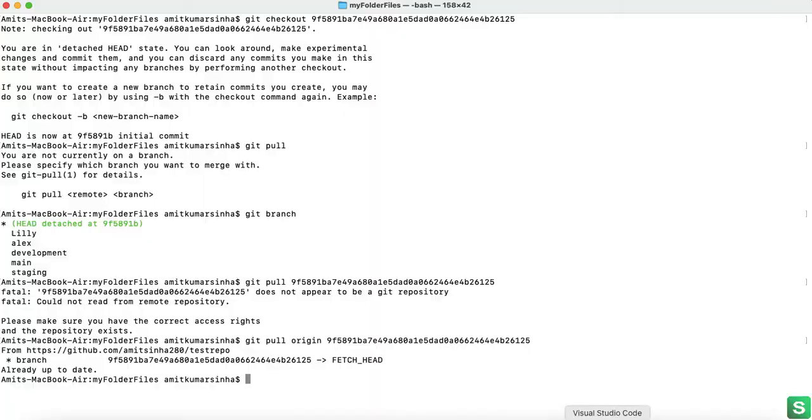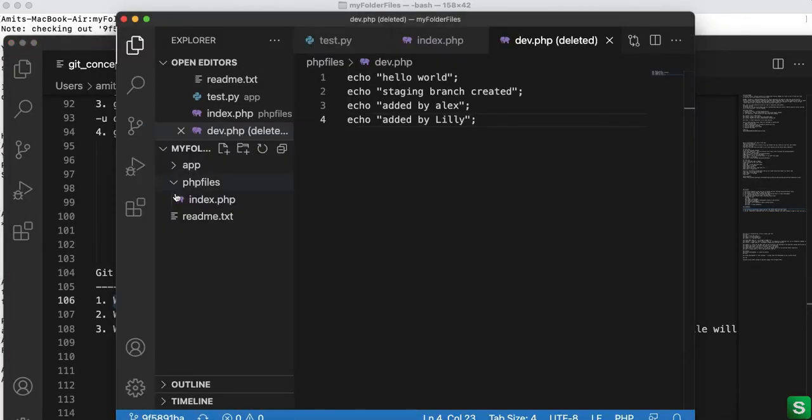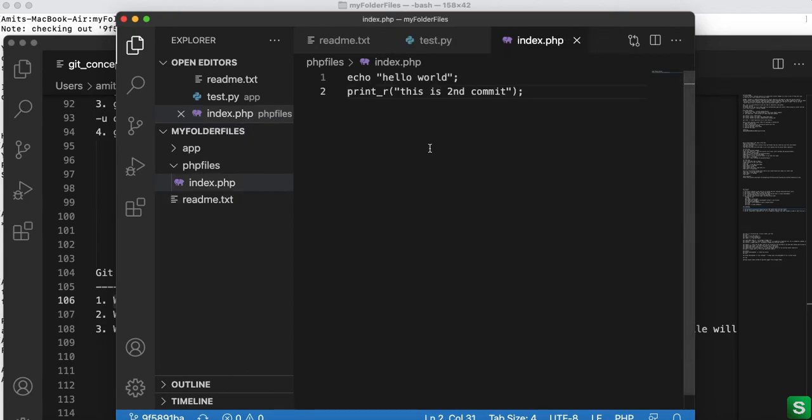Okay, so now come to the files and folders and let's check what's happened. See, it is already showing deleted. If I close this window or open it again, see that file dev.php is not here at all. Okay, this is the initial files and folders, right? So if we need the previous commit files, we can do it directly. So it is clearly visible, right? Where I am in this commit, and I pull the code from this commit, and whatever the files and the code at that commit, I am getting those, right?